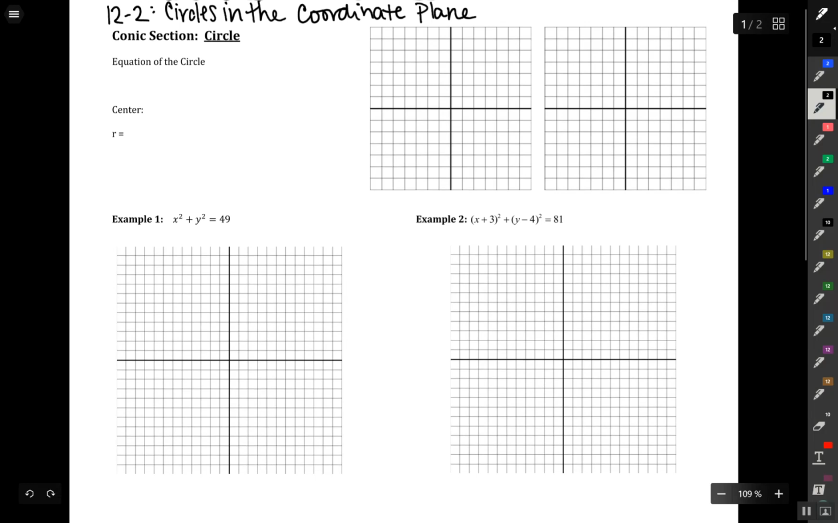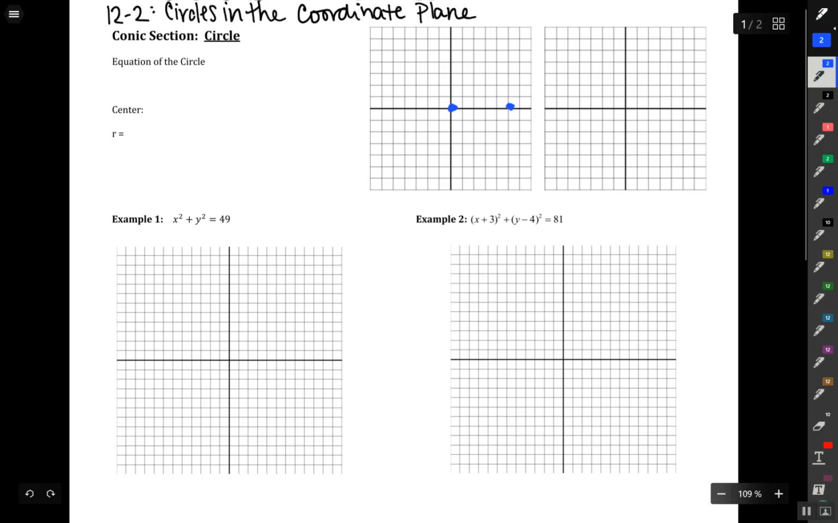Before we get to the equation of the circle, it's important to understand what a circle looks like in the coordinate plane. There are two key pieces to the circle in the coordinate plane: you have a center and you have a radius. So I'm going to do a radius of, I don't know,